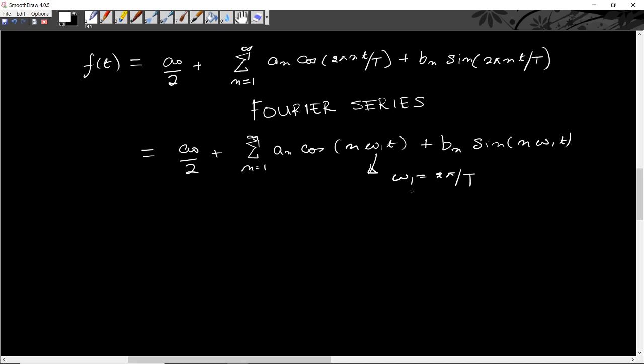Now what we want to do is determine the coefficients of this series. The coefficients of this Fourier series can be obtained by noting that cosine and sine functions are orthogonal with respect to each other. So what this means is that